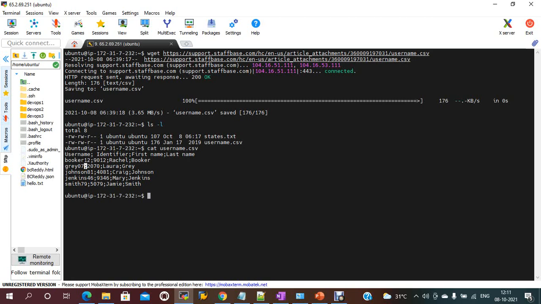Cut uses tab as the default delimiter. In Linux, space is not considered a delimiter, so we use commas.